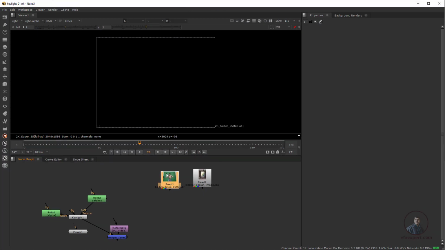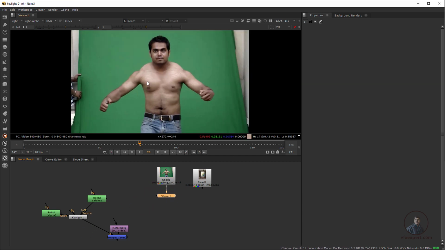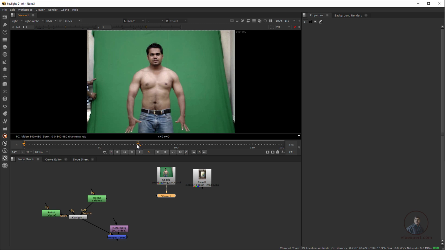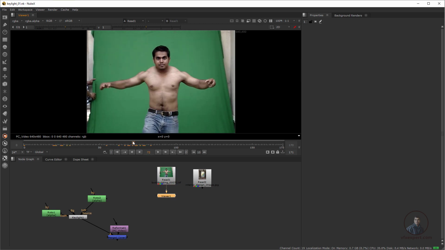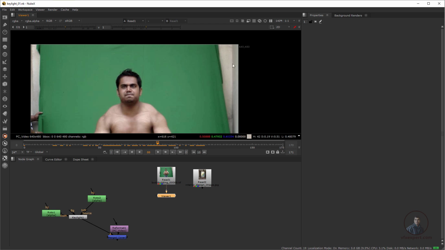So now first select this footage and just press 1 here and just adjust our viewer here. Okay, so first we have to analyze our footage here. If there is any noise or grain here, first we have to remove the grain or noise. After this we will create our matte. This footage is a little bit low quality and also there are so many noise or grains here.